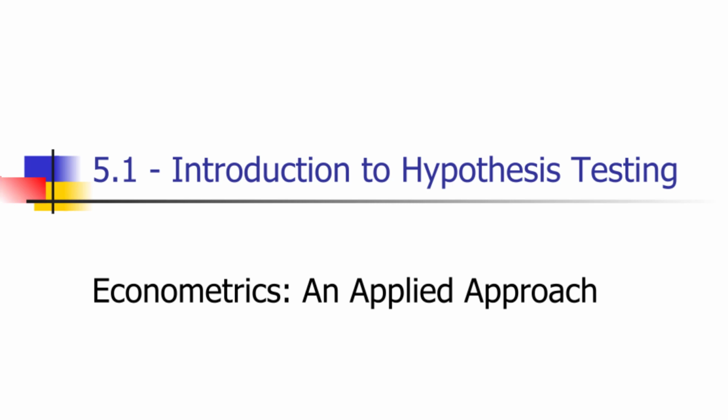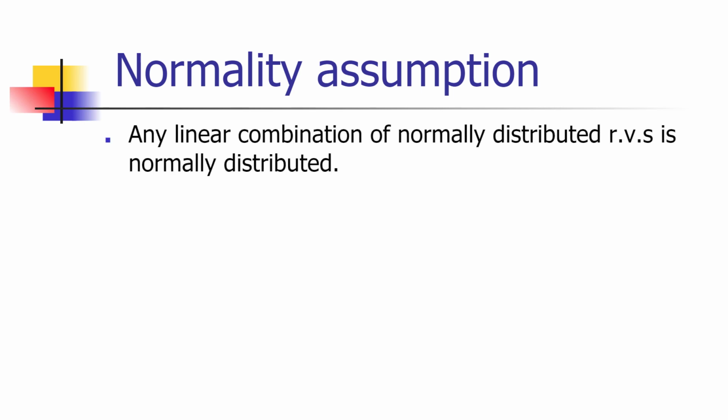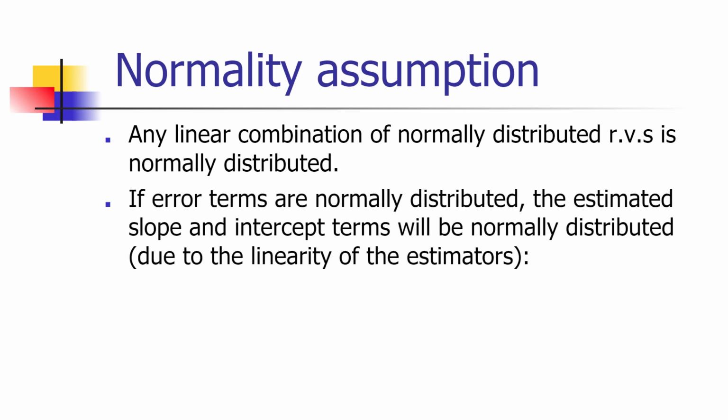In this video, we're going to be talking about hypothesis testing in the bivariate regression model. One thing that we've talked about before is that if we have a set of random variables that are normally distributed, any linear combination of those normally distributed random variables will themselves be normally distributed. If the error terms in our regression equation are normally distributed, then we know that since the estimated intercept and slope are linear combinations of those error terms, then the parameter estimates beta hat 0 and beta hat 1 will